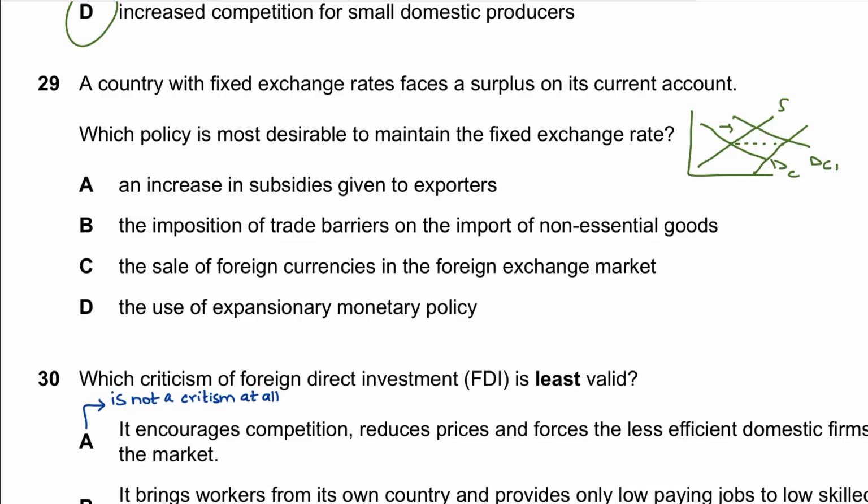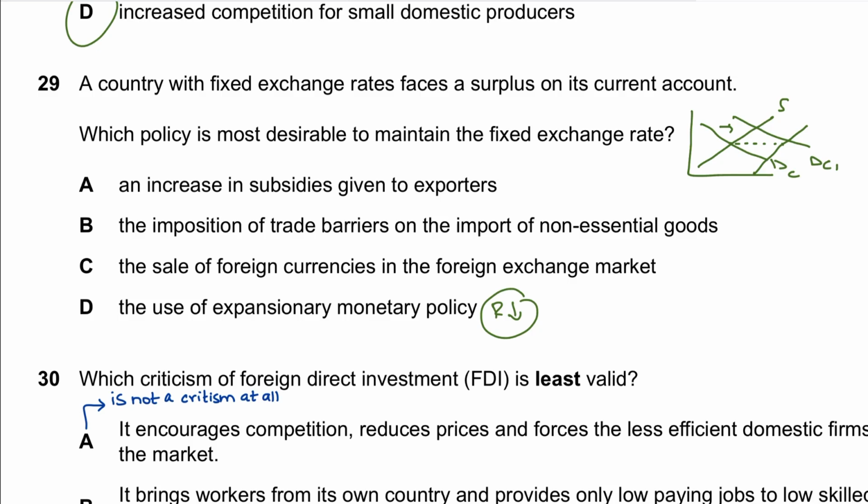One of the ways in which it could do that is through expansionary monetary policy, which would involve reducing the interest rates, because when interest rates go down, foreign financial investors would be less attracted to investing. There would be hot money outflows, you can say. So reducing interest rates would result in hot money outflows, which would increase the supply of domestic currency. Increasing the supply of domestic currency would put downward pressure on the exchange rate. So the upward pressure on the exchange rate due to higher demand would be offset by the downward pressure due to artificially increasing the supply of the currency by reducing interest rates, which is an expansionary monetary policy.